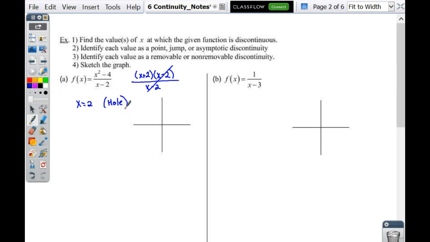And if that's a hole, then this is going to be a point, removable discontinuity. Which is kind of what 3 is asking. Identify and remove as removable or non-removable, and then they would ask you to sketch that. So all you would be asked to do in your sketch is to realize that, hey, this graph has a y-intercept of 2, and at 2 it would go through